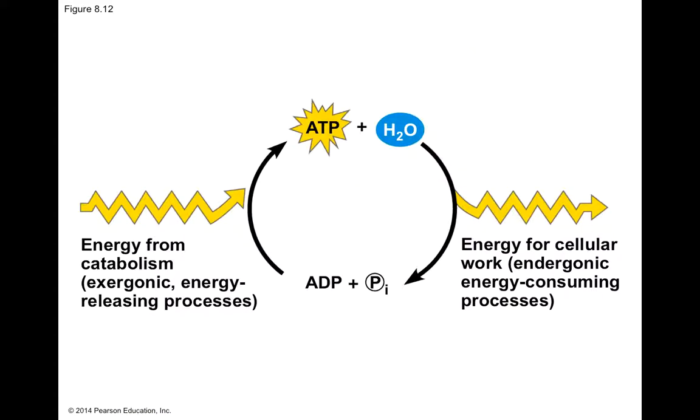The last thing to mention about ATP is that it's a renewable energy source. We've been talking about how ATP can undergo hydrolysis to make ADP and an inorganic phosphate group, which will release energy for cellular work. But ADP and the phosphate can be the recipient of released energy from another reaction to regenerate it back to ATP again. And this cycle can be repeated over and over to constantly store and release energy in order for the cell